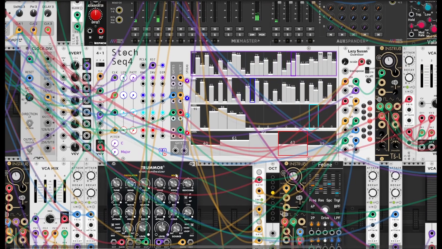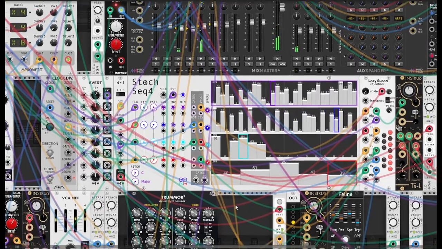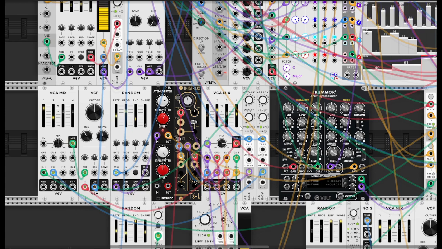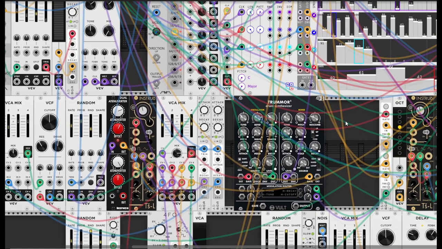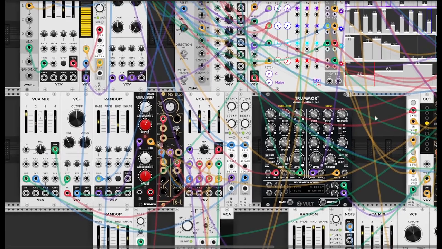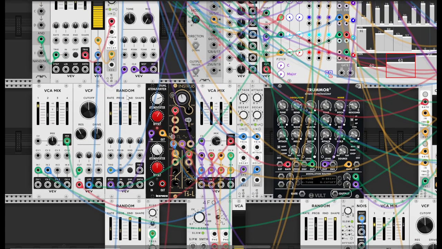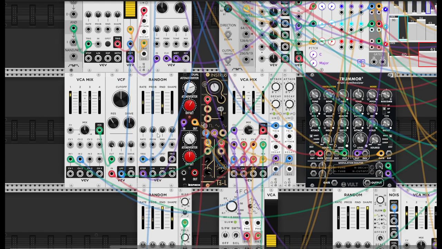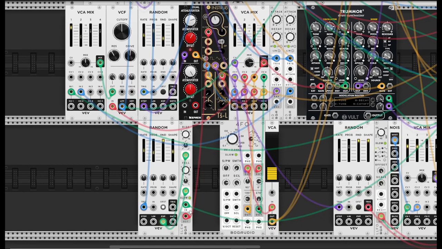The next one that I created was this guy here. A little more chaotic because this one is not using a sequencer to do it. It's all sample and hold for the pitches. So I'm getting my 16th notes in here, coming into this random, which is creating my pitches, which are just being a bit attenuated and offset a little bit, sent over to my quantizer, and then back from my quantizer down to here into a